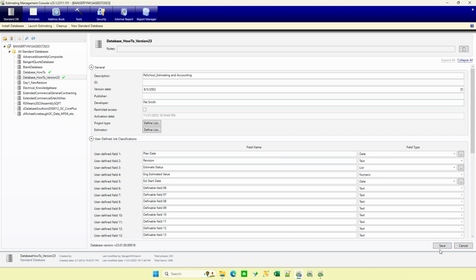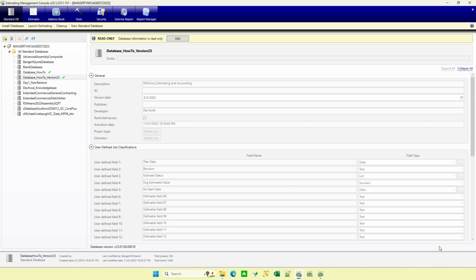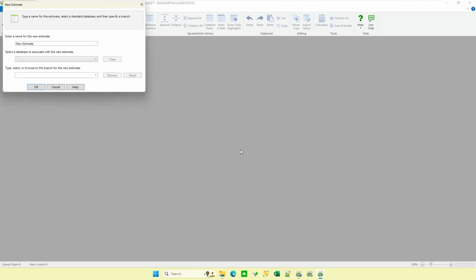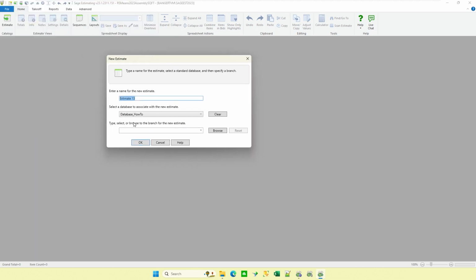Okay, so there I've set up some standardizations of what some of that information should be. I'm going to hit OK to accept it, and now I want to go back to estimating and build a new estimate and see what that information looks like. So if I go into my new estimate here, I'm going to give it a name.